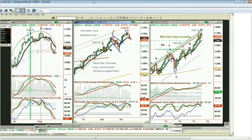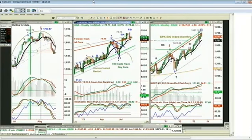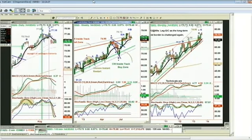Now, the Qs, 1, 2, 3. The NASDAQ QQQ series, this is the PowerShares Trust, trading at 75.73, is holding quite well. Now, I normally would say that part of it is Apple, and absolutely part of it is Apple, but it's also part of some other stocks that have done pretty well and held very nicely, and they were the last ones to make their highs. So I'm looking at this and I'm saying, okay,